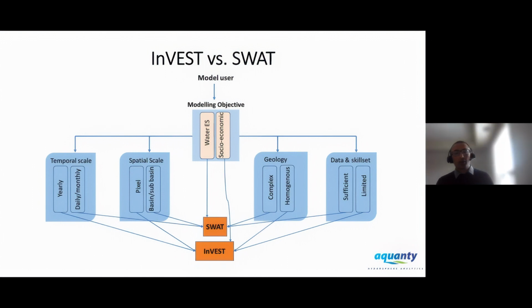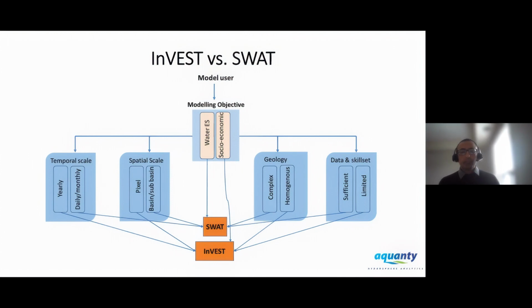But if they want to map a number of ecosystem services and their socioeconomic value, then they go for the ecosystem services specific tool, which is the InVEST tool. Then there are many data sets, skill sets, geological conditions, and spatial and temporal scales which we need to take into consideration when we are considering SWAT or